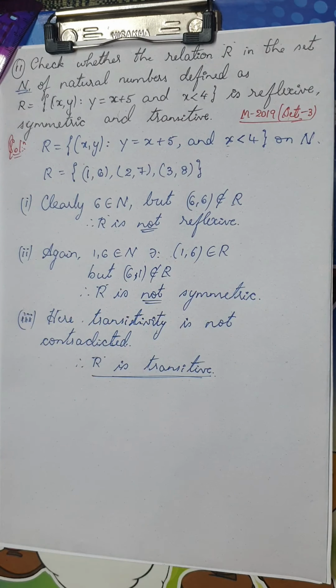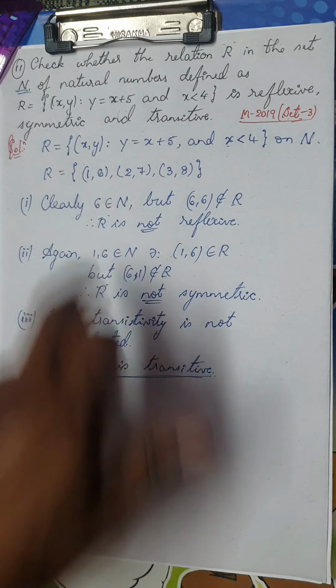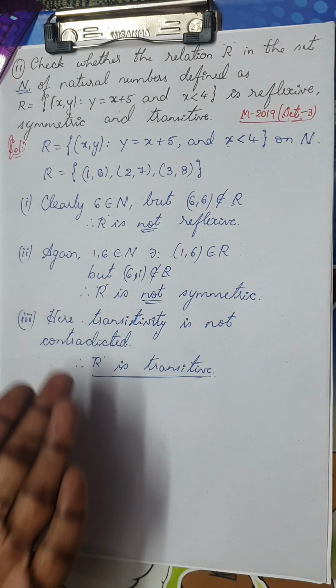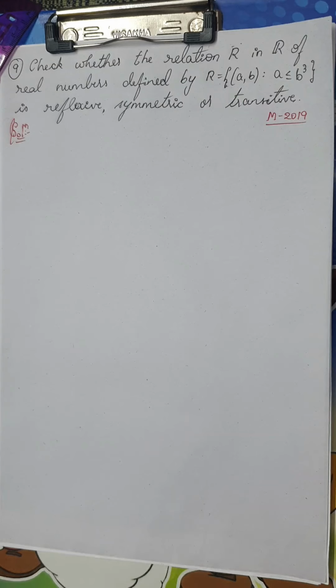Okay, please be very careful. Don't be confused by the third one and blindly say it is not transitive. You cannot just look at the question, see that AB is in R and AC is not, and say it is not transitive. Is it clear? Yes. So this is the solution for this one. And we are moving on to the next question.